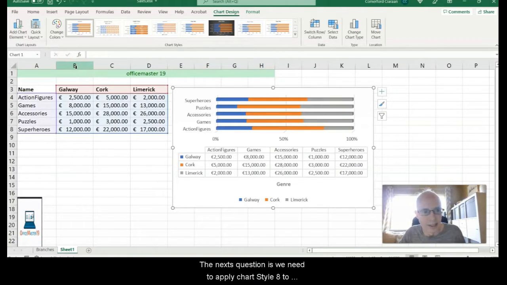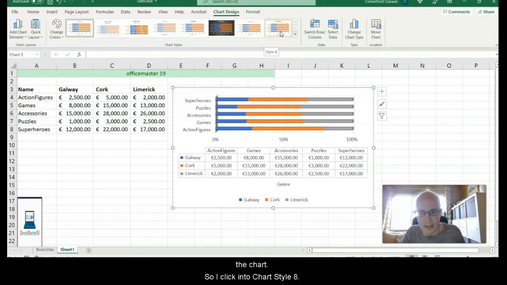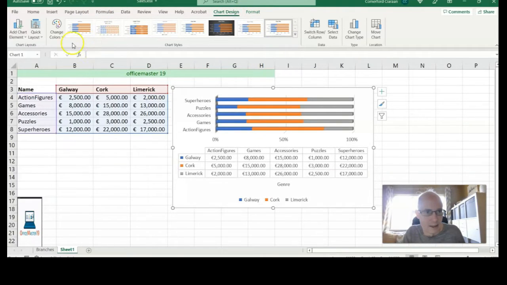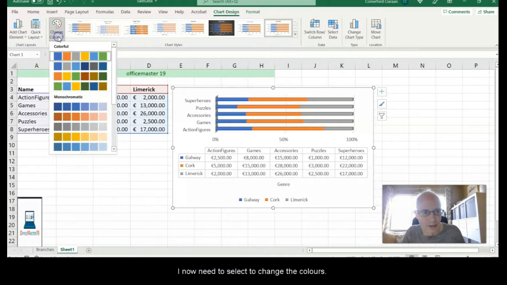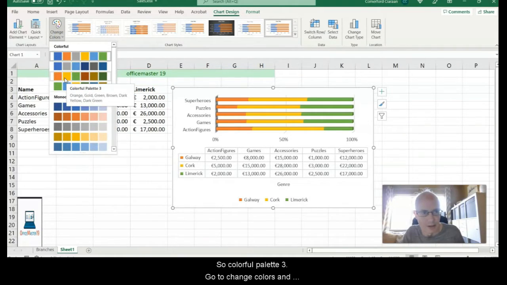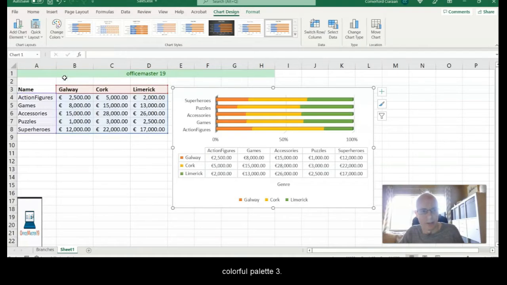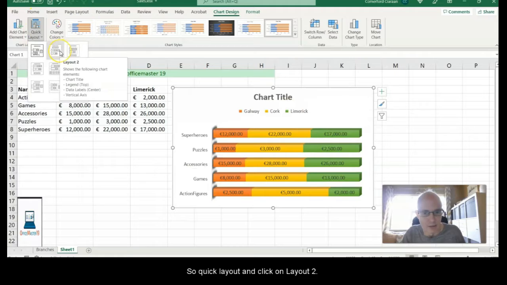So now the next question is we need to apply chart style 8 to the chart. So I click into Chart Style 8. Now I need to change the color, so I need to change to Colorful Palette 3. So I go to Change Colors and Colorful Palette 3. Now I need to apply the quick layout to the chart, so Quick Layout and it's Layout 2, okay,